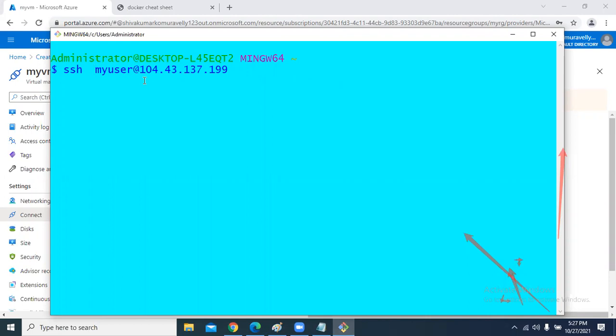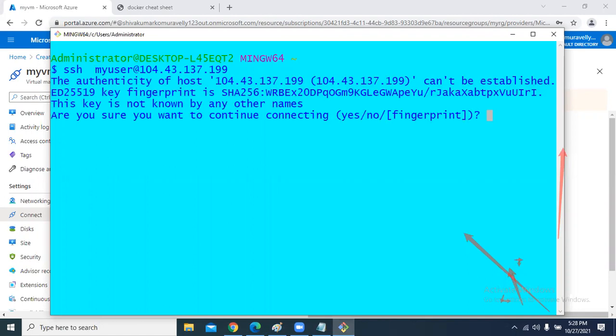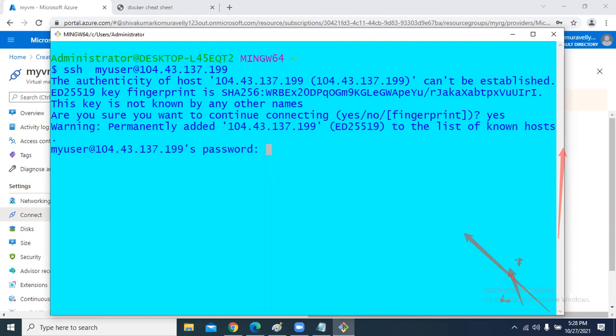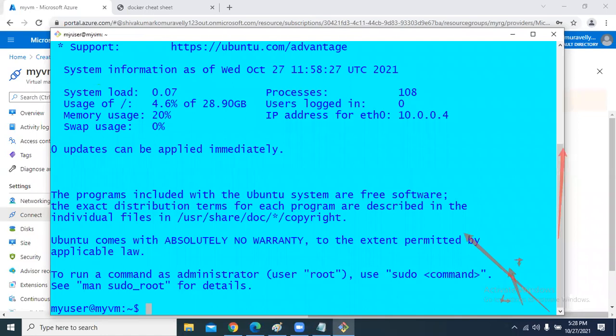Username is my user, and this is the public IP address of this virtual machine. Press enter. Say yes. Now I am inside the virtual machine. My machine is running.